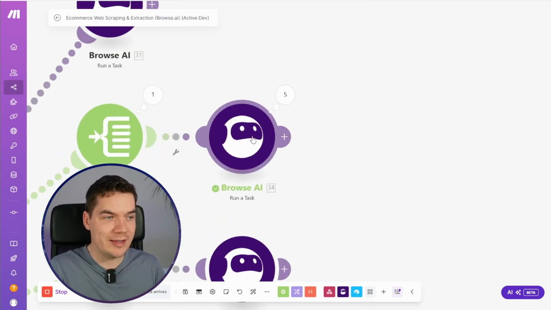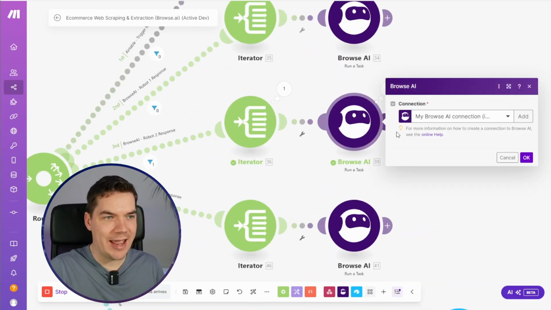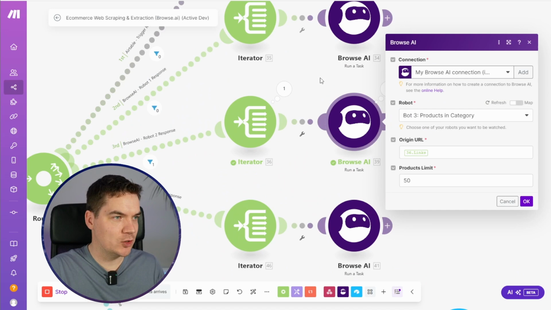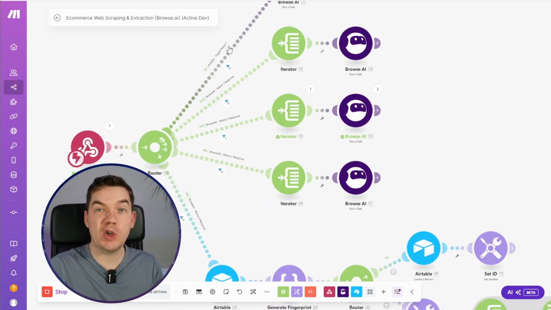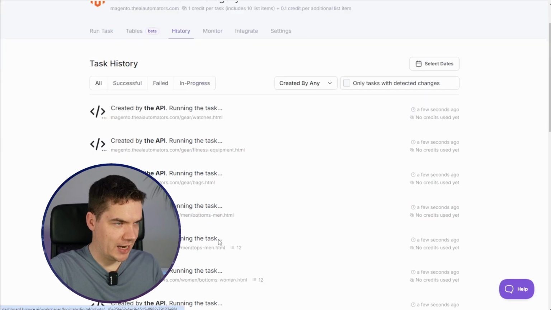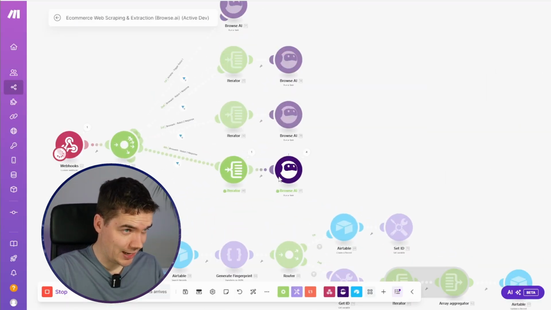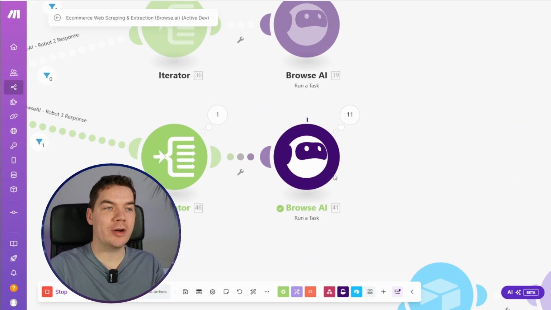So then we're triggering this run a task 5 times now, and there's a response to that, which has now triggered the next bot, which is the categories bot, and it's triggered it twice here because there's only 2 sub-menu items in the top menu. So now we're into bot 3, and it's running the task, and it's running lots of tasks now because there's lots of sub-menu items. There we go, it's just landed, and it's working through, and it's now triggering the bot 4,